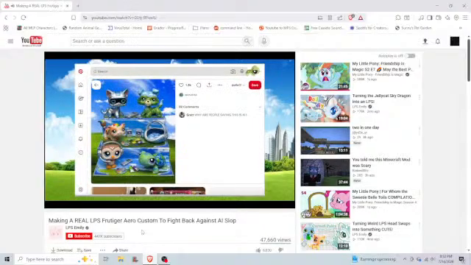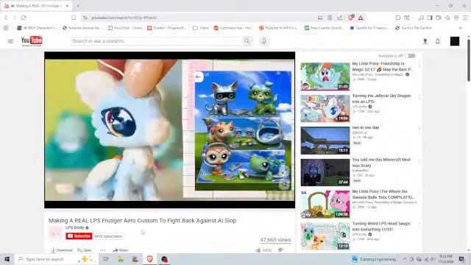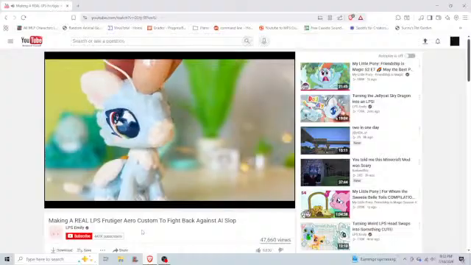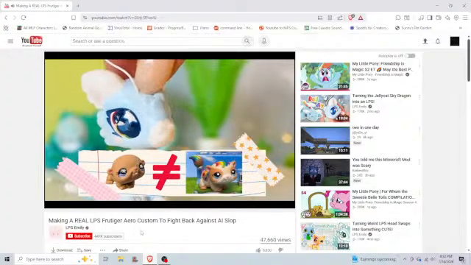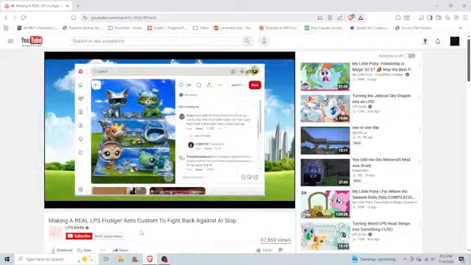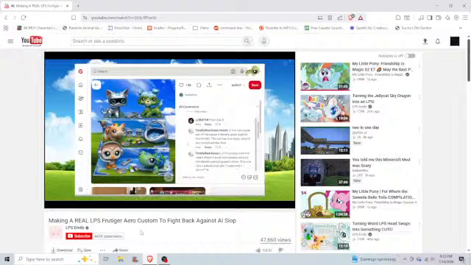I came across this photo specifically. Frutiger Aero inspired LPS customs. Except, if you have a trained eye, you might already know what I'm about to say about this, and it's that it is generative AI. Generative AI has gotten really good as of late, but if you know how to identify it, you kind of know the telltales. What intrigued me was that this post had 81 comments, so I decided to take a peek,